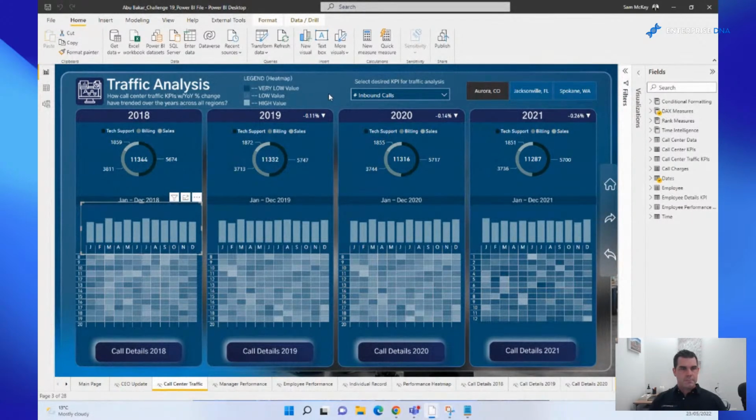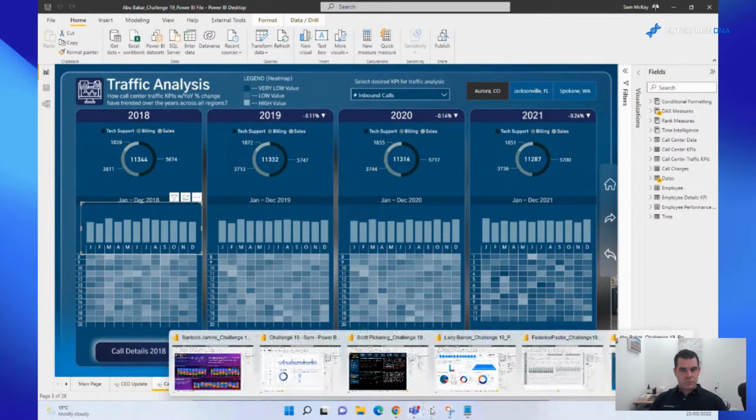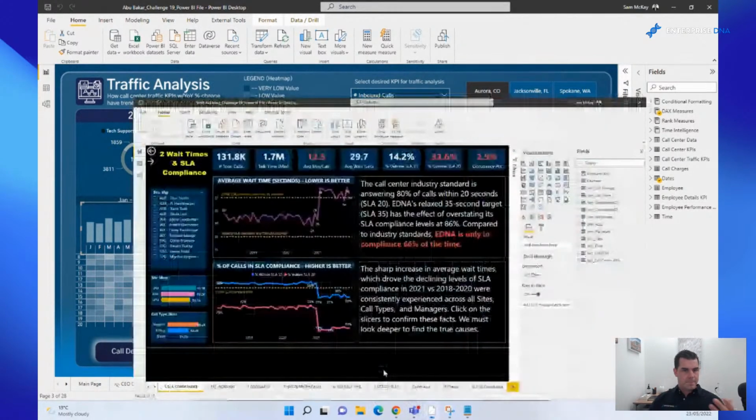So when you compare this to this one here, this report is actually fantastic in terms of information, but just too many colors. You need to be much more careful around how you're using colors to represent your high quality insights.